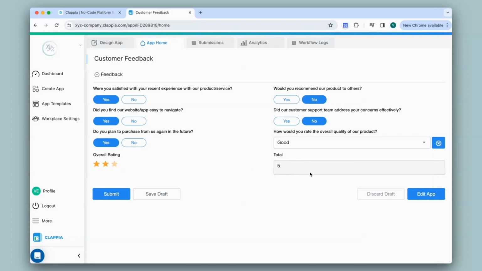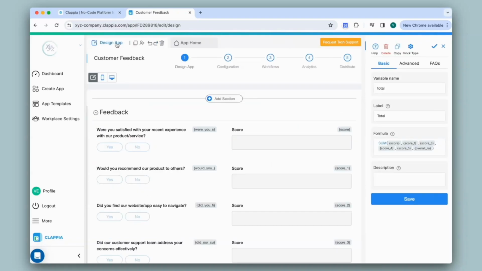For the total rating, I have used sum, but if you want to have the average, you can use the average formula and so on. So let's say I want to get the total rating out of 5. Since the total positive feedback amounts to 9, which is the maximum it can go, I'll add one more field to make it 10 and then get the rating out of 5.